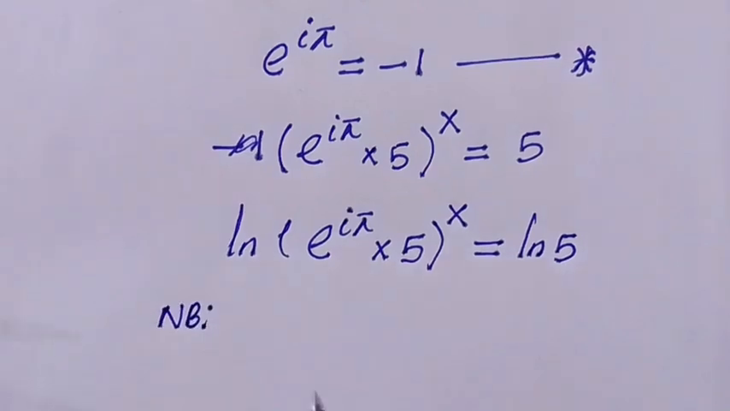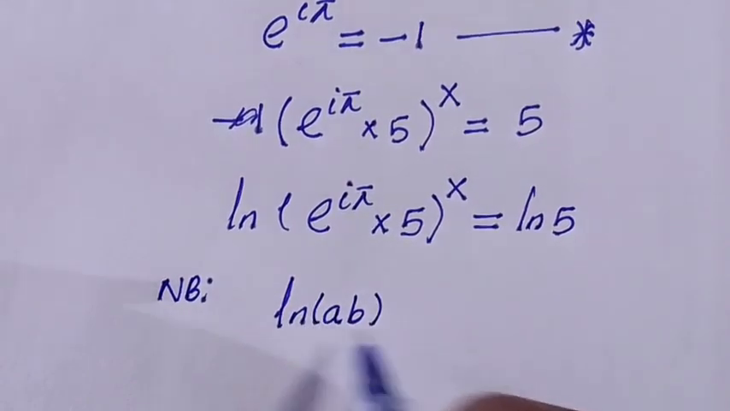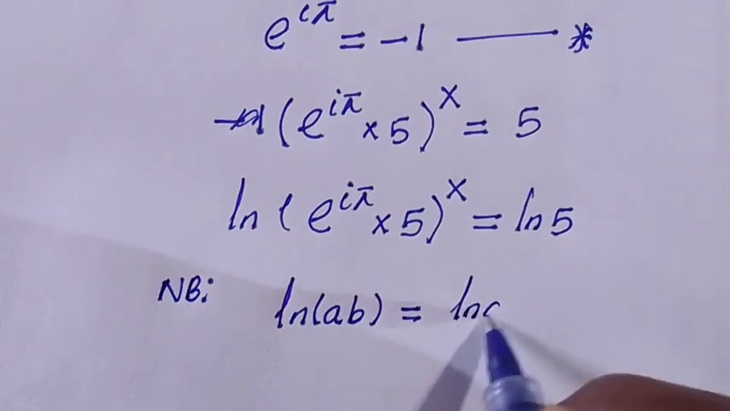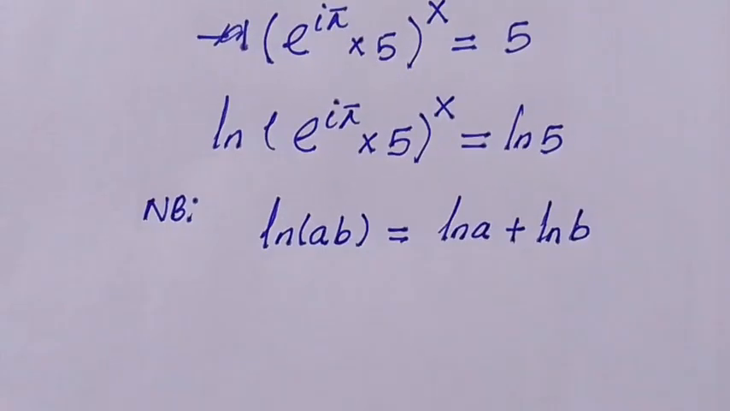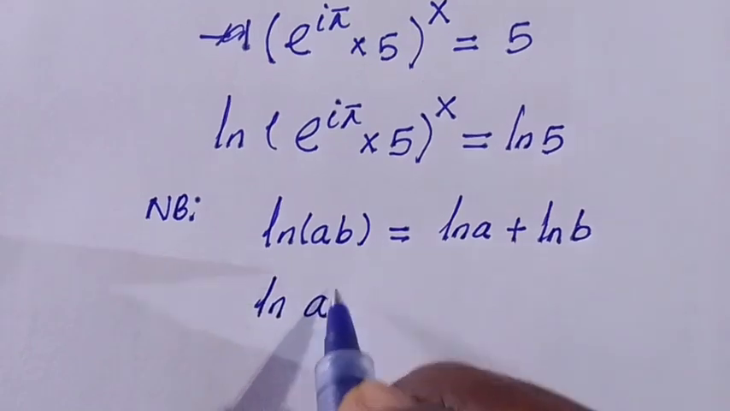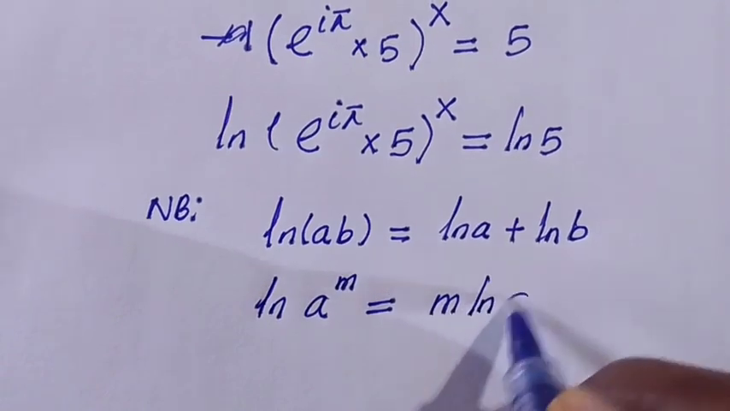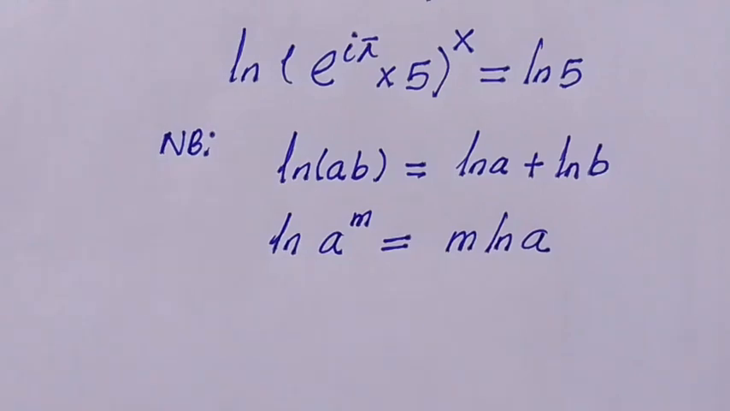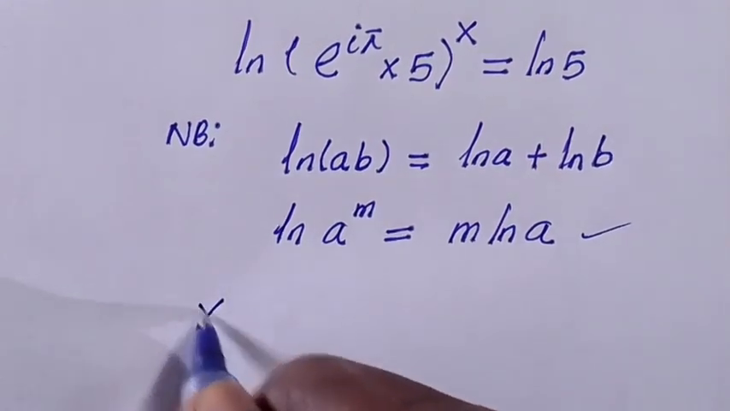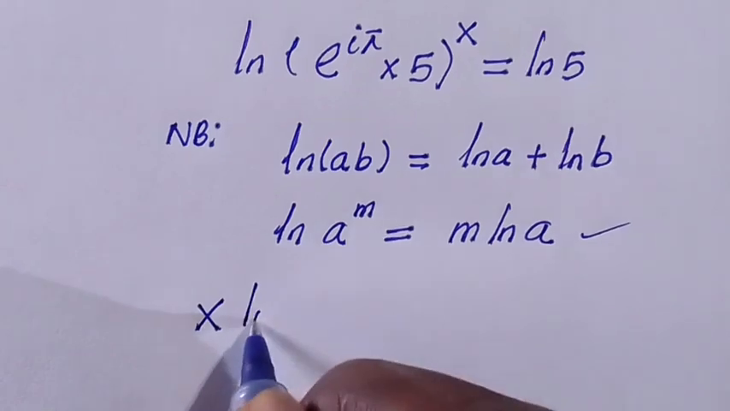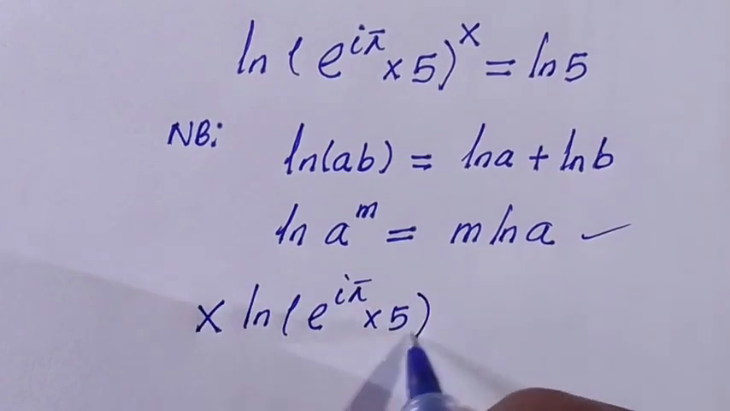Then we have to note something again, that suppose we have ln AB, we write this as ln A plus ln B. And similarly, when we have ln A to the power of m, we consider this as m ln A. So we apply these two properties here. Let's apply this property for this one. So the power of x here is going to be x ln of e to the power of i pi multiplied by 5